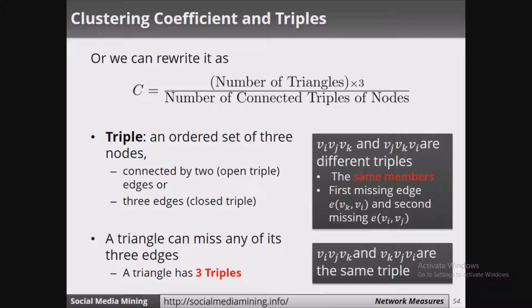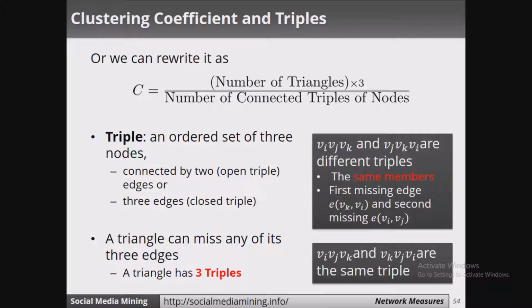Now let's find out when triples are known as same triples or different triples. Let's understand first the different triples. When do we call two triples different triples? The first case is obviously when there are different nodes for both the triples. If one triple has nodes v1, v2, v3, and the second triple has the nodes v4, v5, v6, then they are two completely different triples.